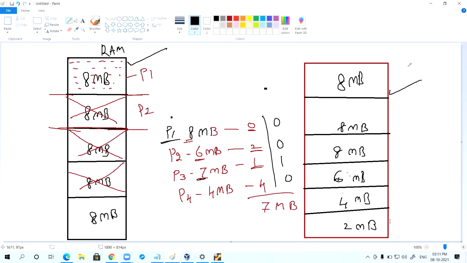To overcome this, they introduced one more policy called dynamic partitioning. Now, can you tell me what happens in the dynamic partitioning method?